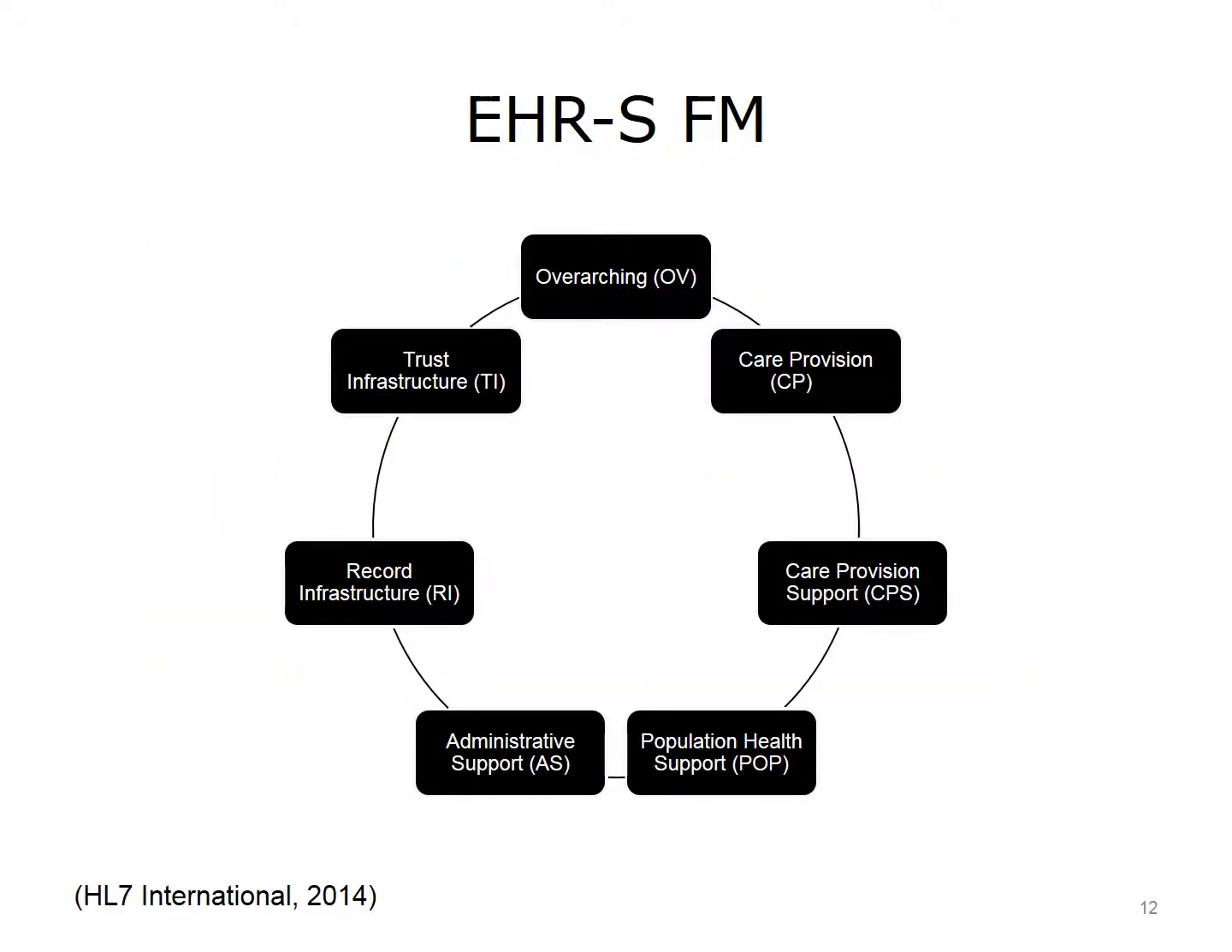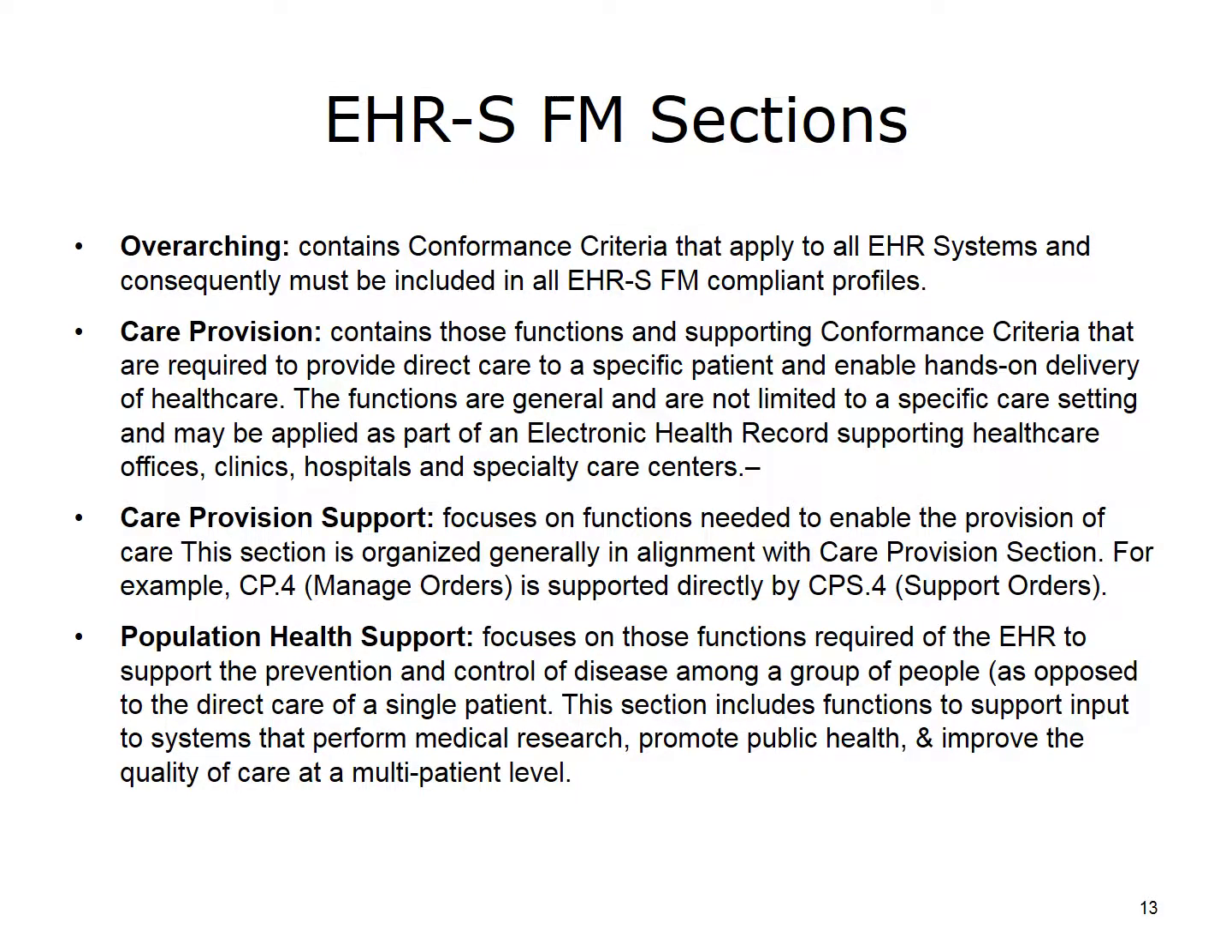This slide shows the 7 sections that contain the functions of the EHRS functional model. These sections are overarching, care provision, care provision support, population health support, administrative support, record infrastructure, and trust infrastructure. Let's take a closer look at each of these sections. The overarching section contains conformance criteria that apply to all EHR systems and consequently must be included in all EHRS